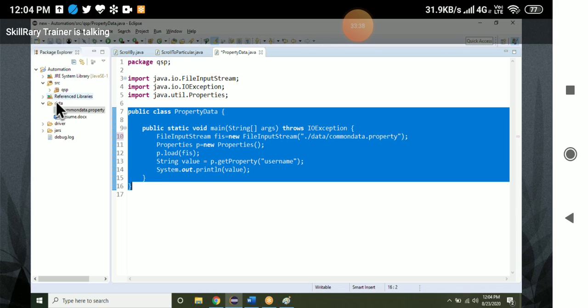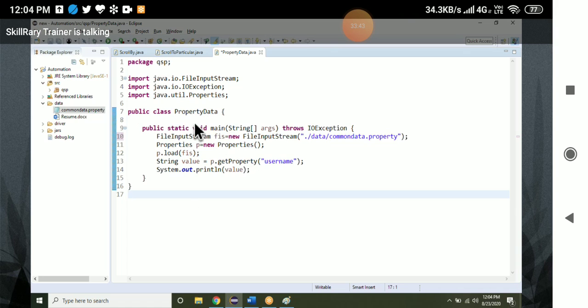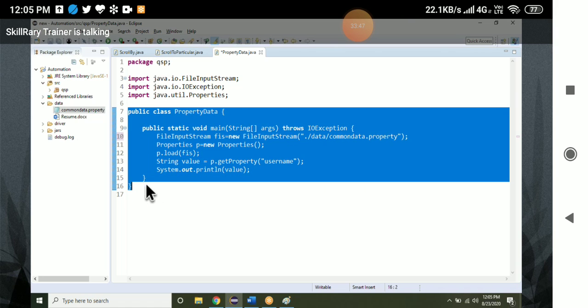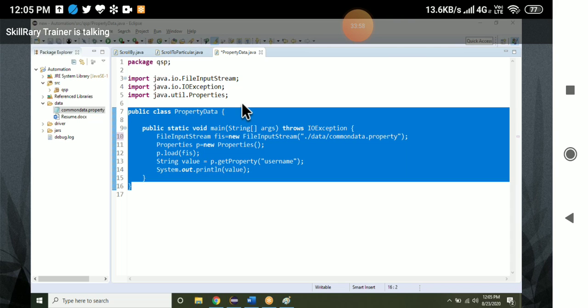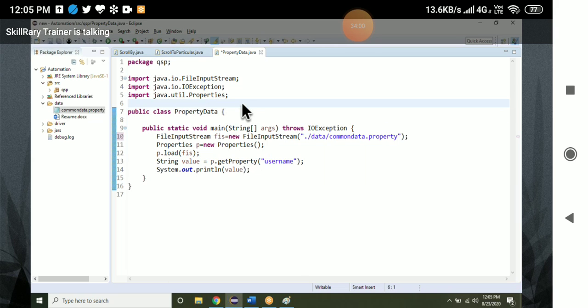In fact, if you guys paste the file inside the data folder and execute the same program, it will work on everyone's system. That is the advantage of giving the relative path.